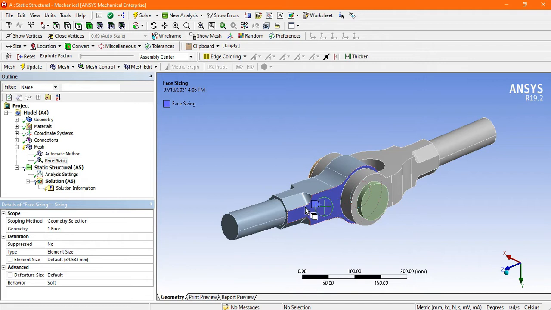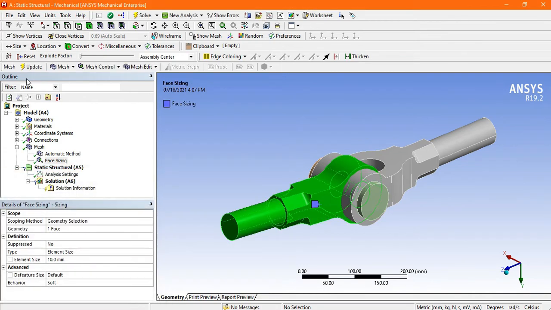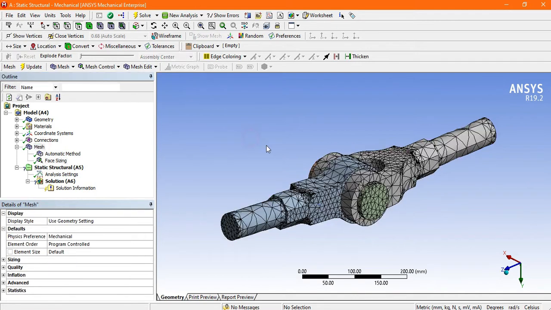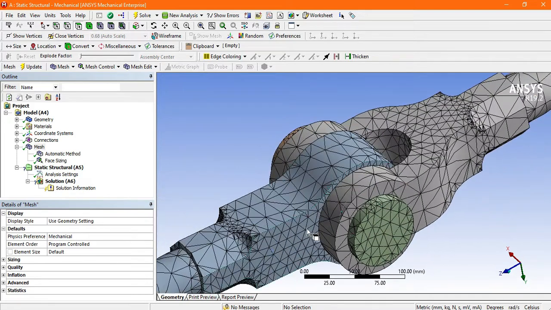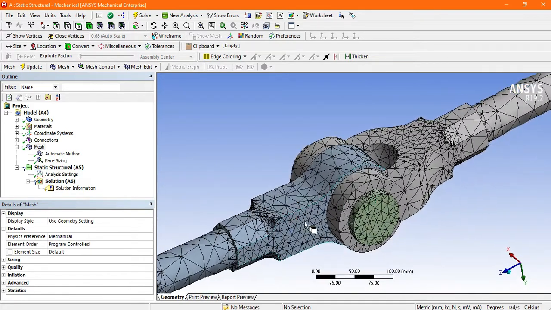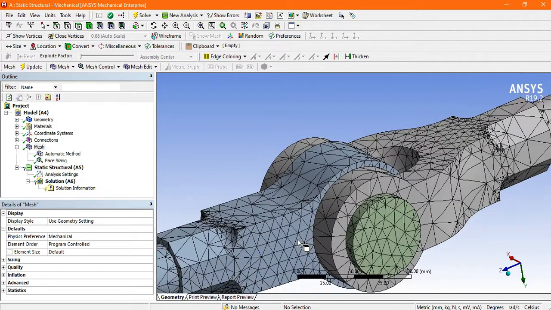To get more refinement, the size should be less than this default size. Suppose 10 mm, and go to update. Once updated, go to mesh and check. Now it is denser compared to this. Here the size is more and here the size is less.